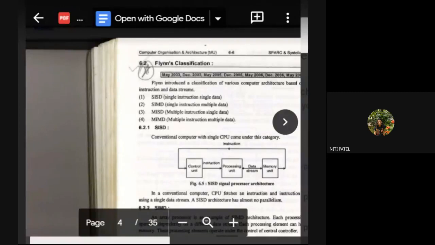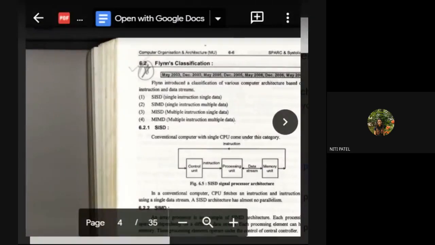So that is the difference between multiprocessor and multi-computer. When I say multi-computer, it is more than one computer. Every computer has its own processor, has its own operating system. But when I say multiprocessor, it is one computer system with one operating system and multiple cores of the processor. So multiprocessor is divided into different classifications.